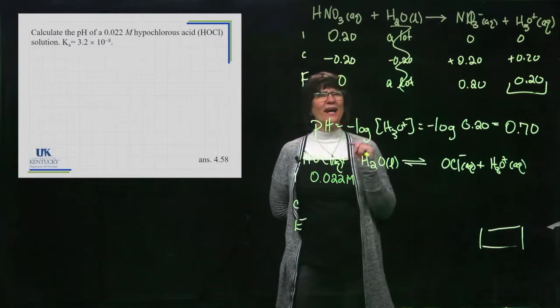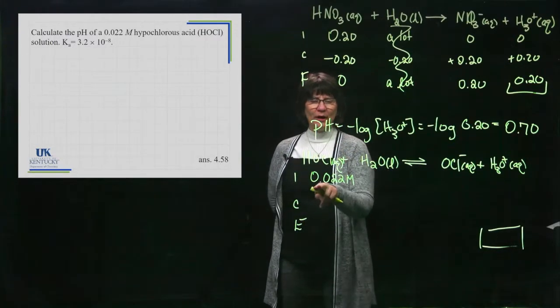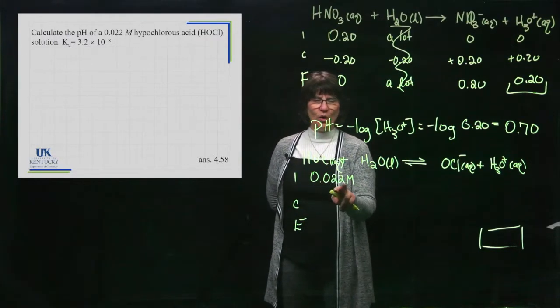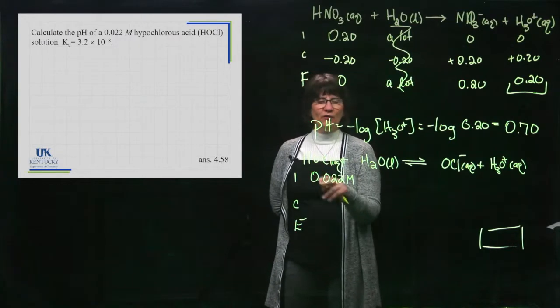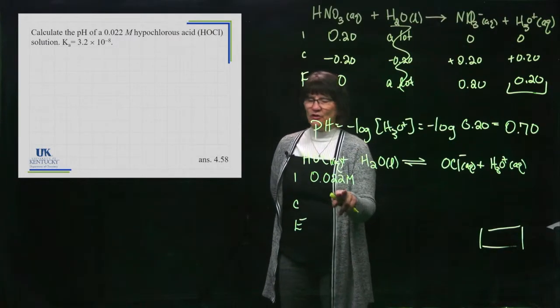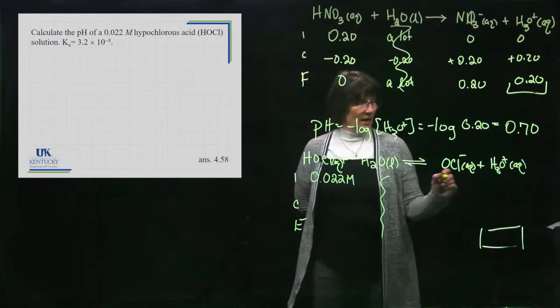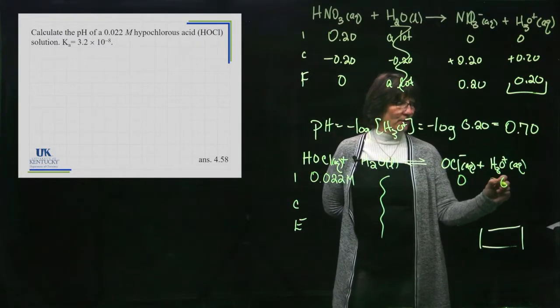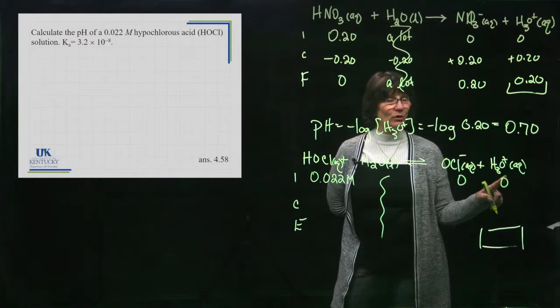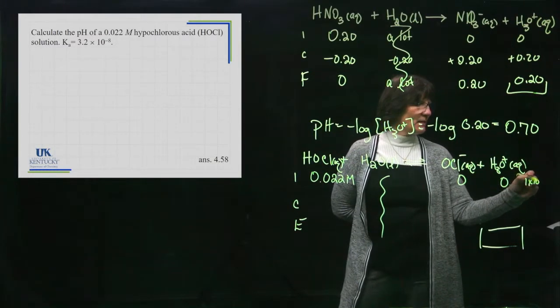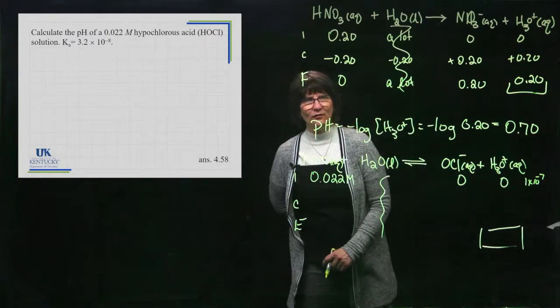That's not what's in there right now, but you're preparing a solution that has 0.022 moles of this placed into enough water to make a liter of solution. So that's that. I don't have to put anything in here for the water. Initially, this is a 0. I put a 0 here, but we've talked about how that isn't really a 0. It's 1 times 10 to the minus 7 if it's at 25 degrees Celsius.